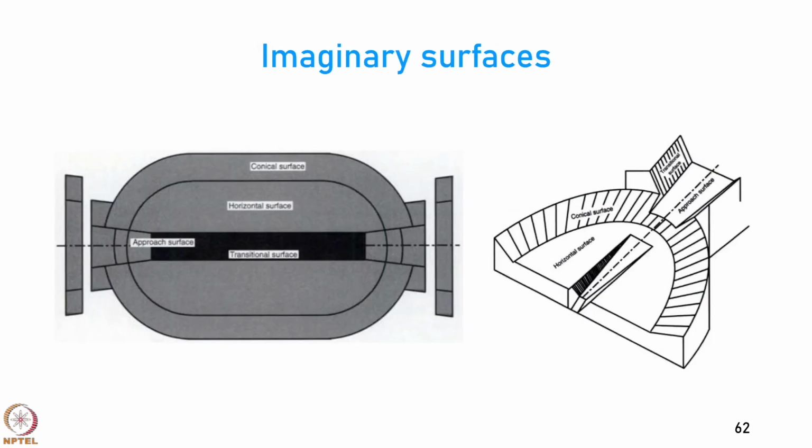Then if you join all these surfaces together and if you create the airspace, you can get something like this, which is called an imaginary surface. These are the areas in which there are rules regarding the presence of any obstacles or any objects. Okay. As you can notice, all of them are defined purely to ensure operational safety of aircraft during takeoff and landing, and there are clear cut rules available for what objects can be present or cannot be present in these areas. So, nothing should actually be present unless required by function inside this whole volume of the imaginary surfaces.